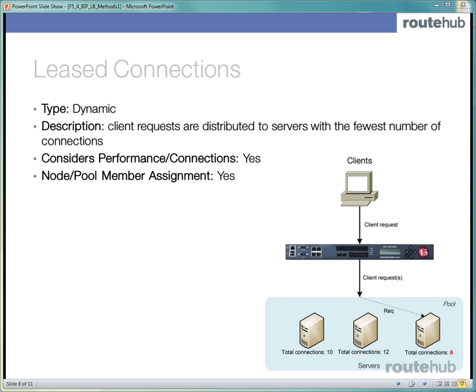Another load balancing method is least connections, and in this dynamic method, client requests are distributed to servers with the fewest number of connections. Now, if the connections are the same, then the connections will be load balanced using round robin among the servers. So this means that this method will consider the performance in terms of the connections for